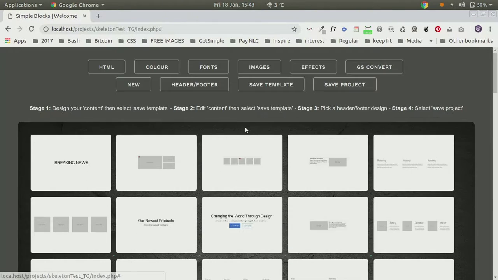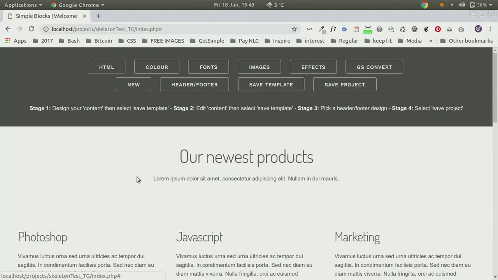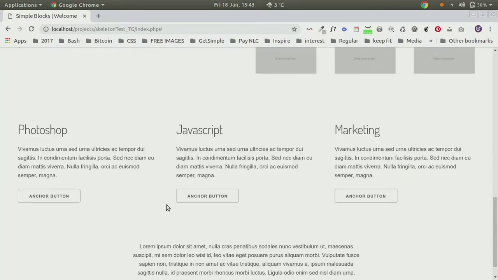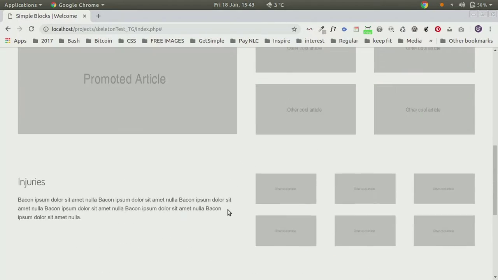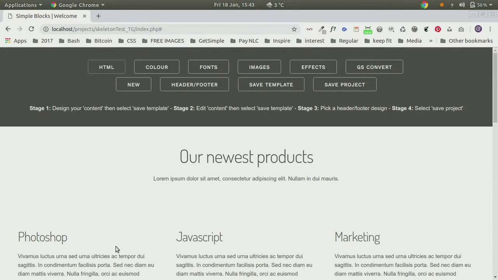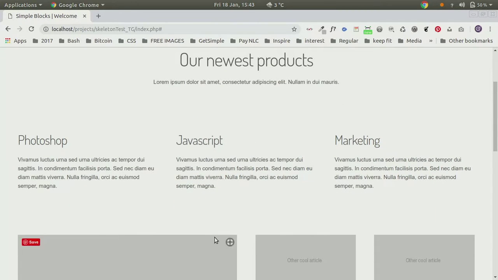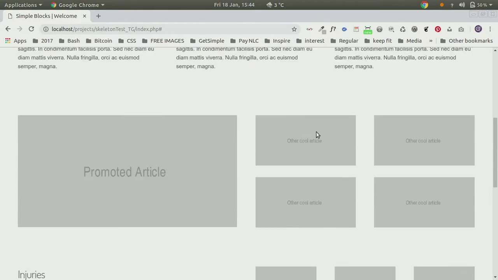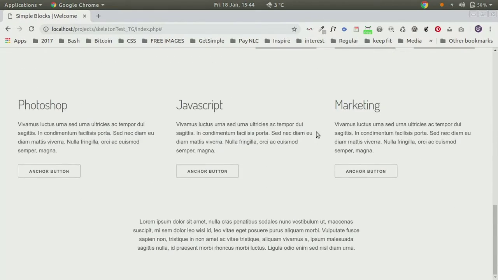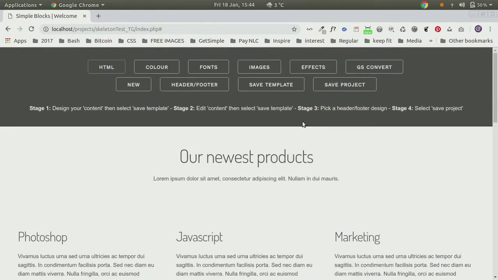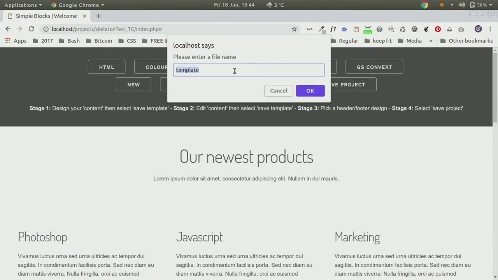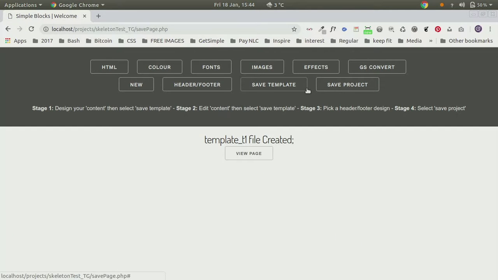There we go, that. And hide the menu back up, and you can see immediately on the page that everything I've clicked has appeared. So the process basically is every time I click a block, it gets added to the page, and it's in sequential order, so it does matter the order that I pick things. But it was quite easy to get used to. So what I'll do then is I'll save template and call that T1. Enter. View it,